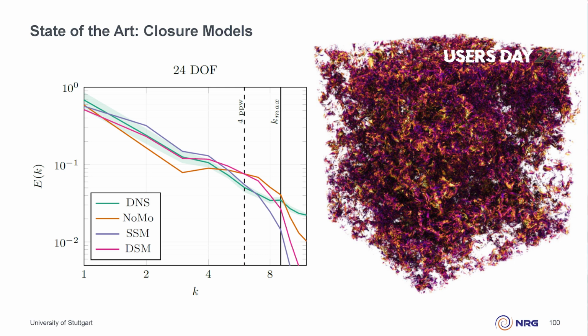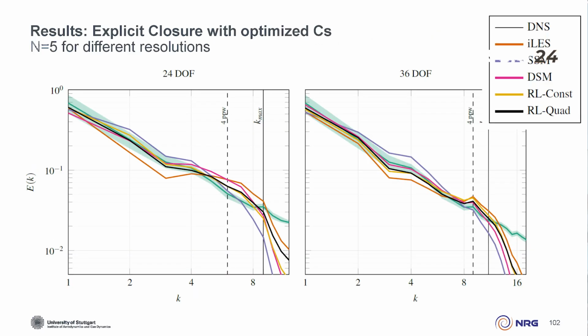The current state of the art are the orange and blue and pink lines here, and you can see they are pretty far off. And that's, again, the current state of the art. We cannot do better with existing models. I could talk about the reasons for hours, but I just wanted to show you what we are able to actually do with this type of reinforcement learning that solves or optimizes the outcome of the Navier-Stokes equations with